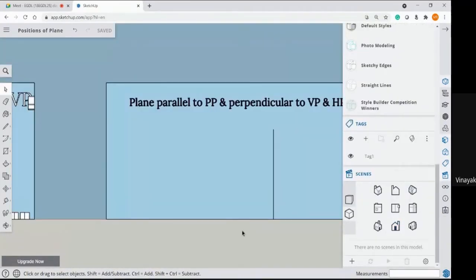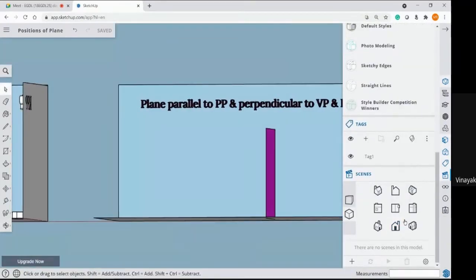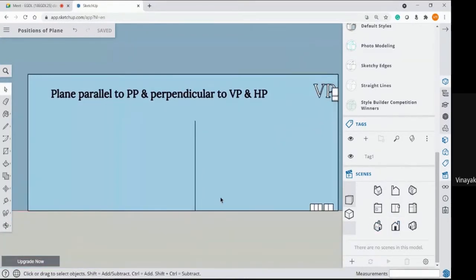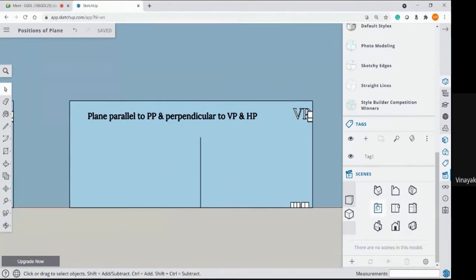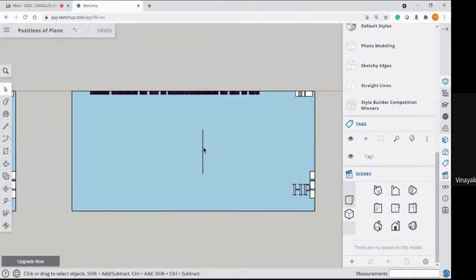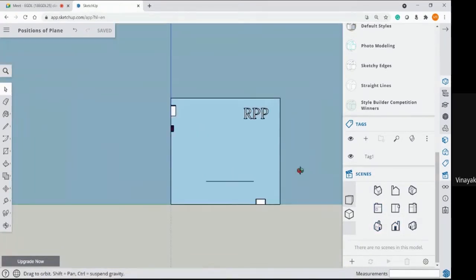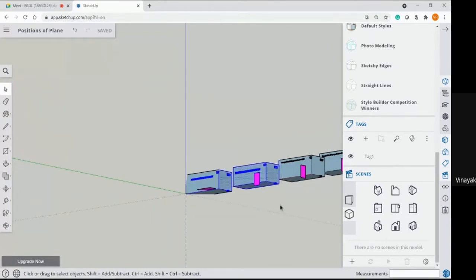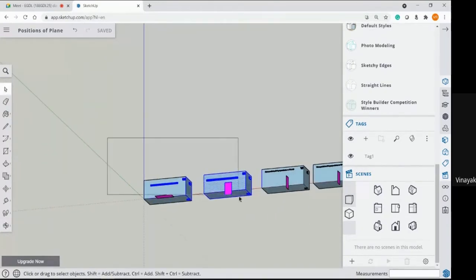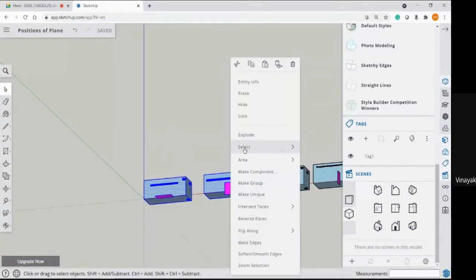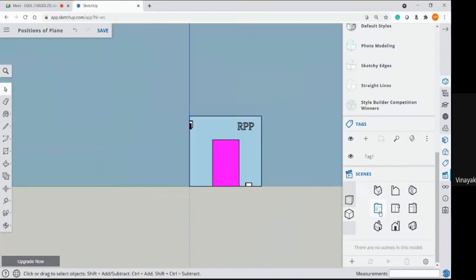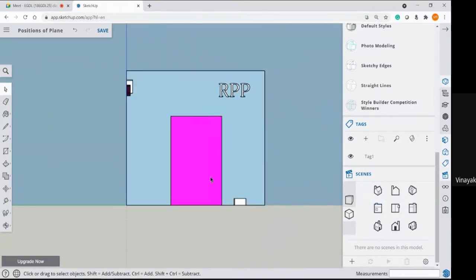So what is the front view? Front view looks like a straight line to you. What about top view? Top view is also a straight line. But what about side view? How is your side view? Let me hide the first two positions, so that it will be easy for the other two. Now let's see the side view. How does it look? This is how your side view looks to you.